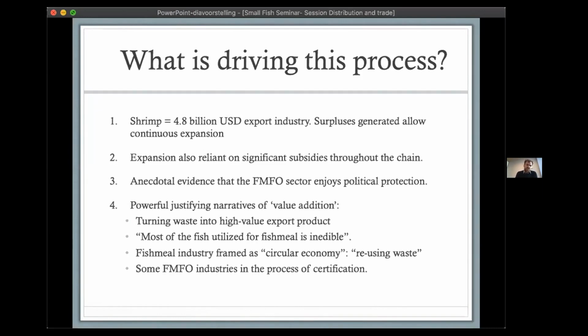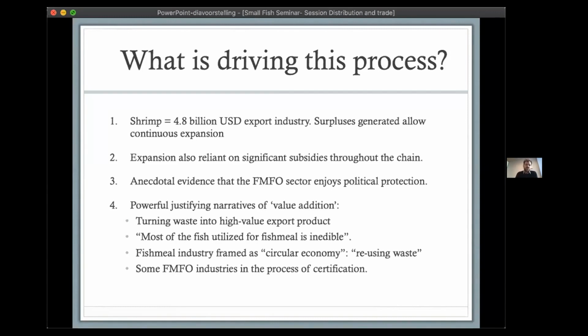There's also anecdotal evidence that the fish meal sector is enjoying some form of political protection. Well, I think it is also important here, and we should not underestimate the power of narratives. The aquaculture sector, the agricultural sector, also the international organizations representing marine ingredients, they have this powerful set of narratives: why turning waste into high value export products,